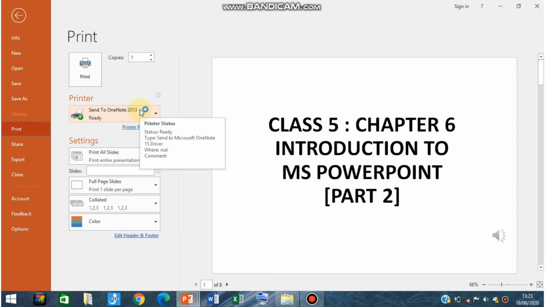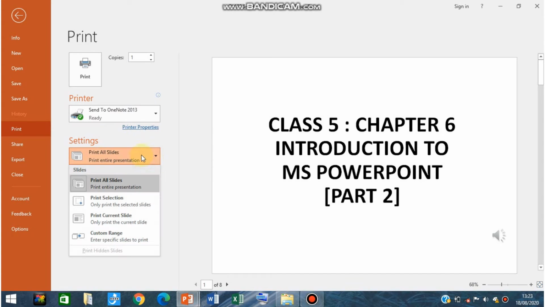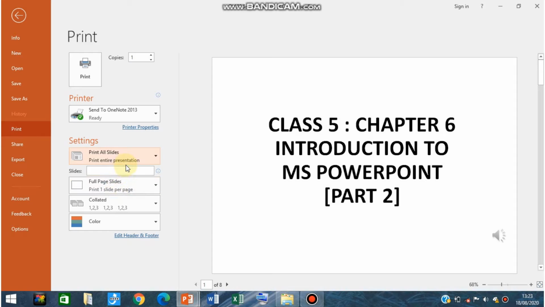At the print dialog box, click the down pointing arrow at the right of the print what option. Print all slides. Now here you can select whichever option you want to print. Either you want to print one slide or you want to print all slides. You can select that. I'm selecting print all slides.